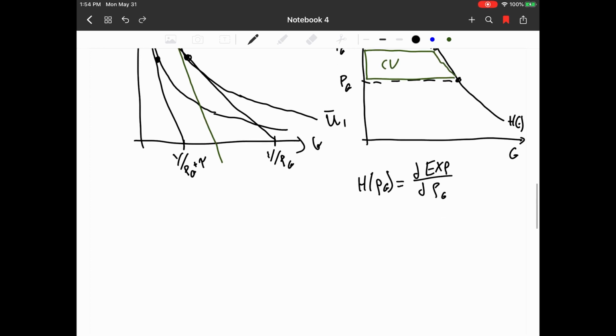So our change in expenditure, which is our compensating variation, is